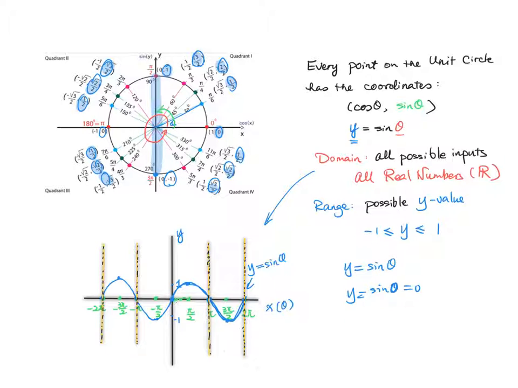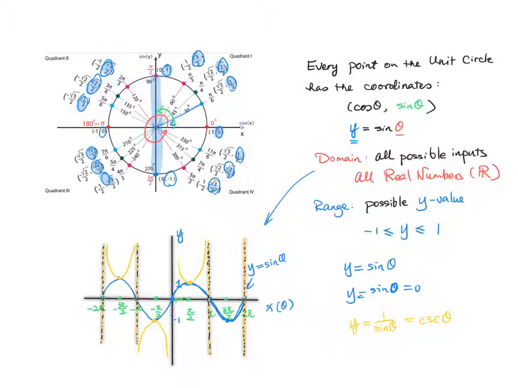Now, I want to show you a really easy way of graphing the reciprocal of sine theta. So y equals 1 over sine theta. By definition, this should be cosecant theta. And all you need to do is graph the asymptotes. Then wherever you find the maximum of the sine curve, which is +1 in this case, you do this. Then you find the minimum, you do this. Find the maximum, you